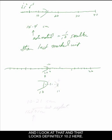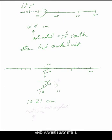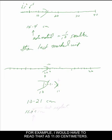I look at that, and that looks definitely 10.2 here. In other words, it's not 11, but it's 10.2, and that's definite because I can see that's where the thing is. But then I have to guess. It's just a skosh past that 0.2, and maybe I say it's 1. So I have to write that as 10.21 centimeters. Even if I were to have some other little thing that I measured that fell smack dab on the 11 mark, for example, I would have to read that as